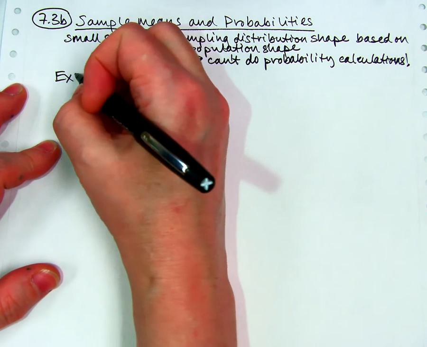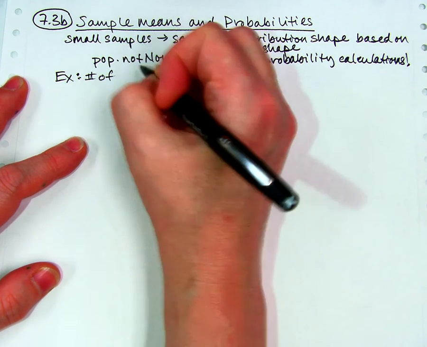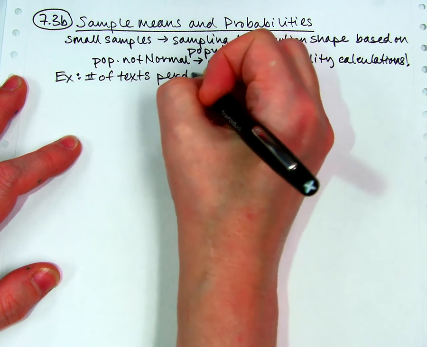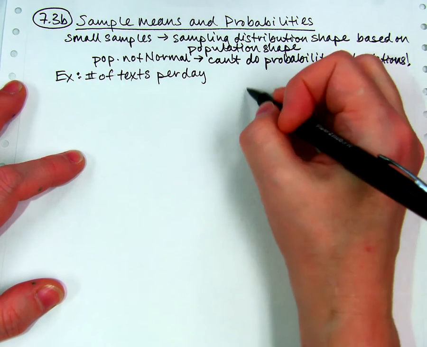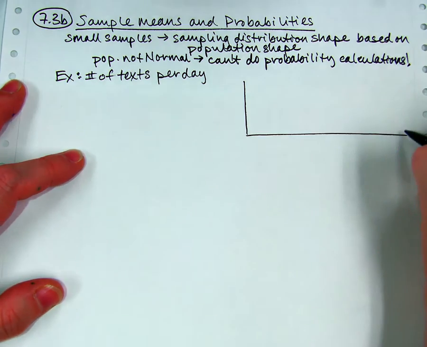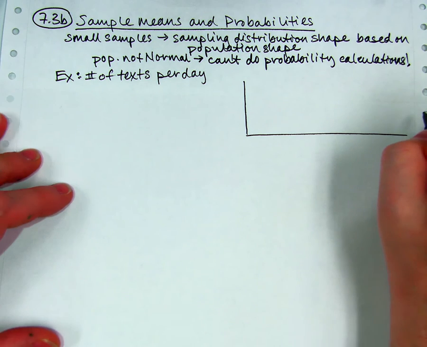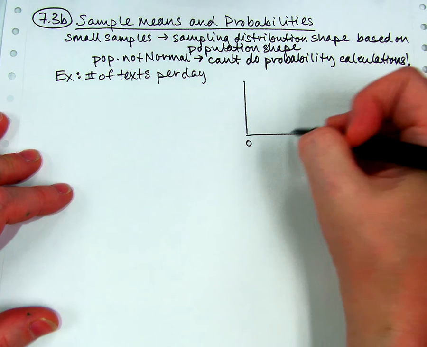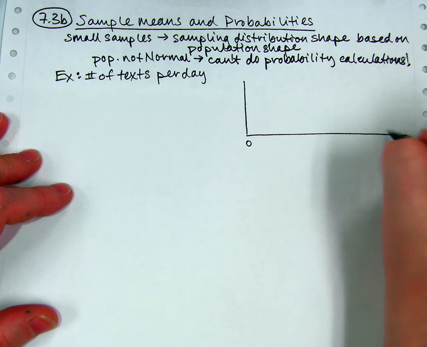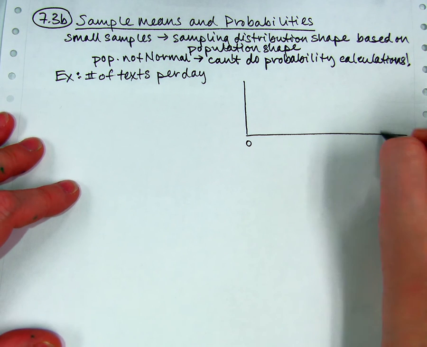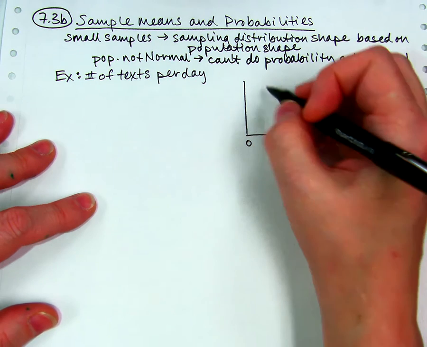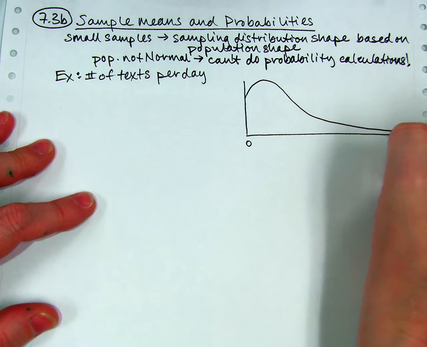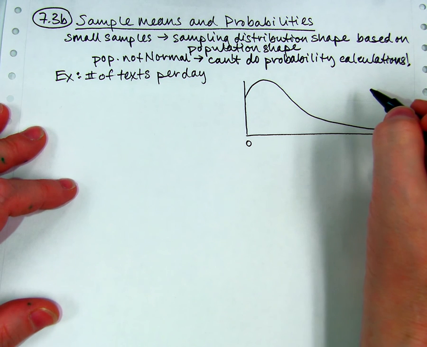And let's do, this time, the variable is the number of texts per day for people that we survey. Let's think about the population of that. If I ask everybody in the whole world how many texts per day, there are going to be a lot of people who don't do very many, right? This area over here is going to be very popular, and then there's going to be some outliers way over here who do way too many texts per day. The teenagers are over here, the adults are over here, but I'm just saying most of the world doesn't do a whole lot. So I'm going to say this is a skewed right population.